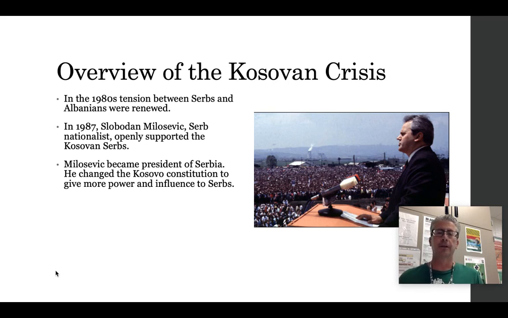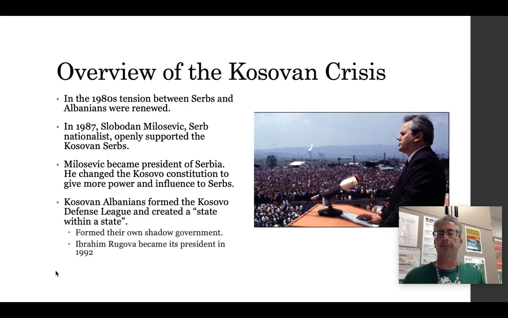to the Serbs. And that is going to force the Albanians, the Kosovan Albanians, to form the Kosovo Defensive League. And that is going to create a state within a state. And so it's a form of a shadow government, and it has no legitimacy outside of Kosovo, but they're kind of like a watchdog group that's going to see what the Yugoslavian government is doing, any more changes